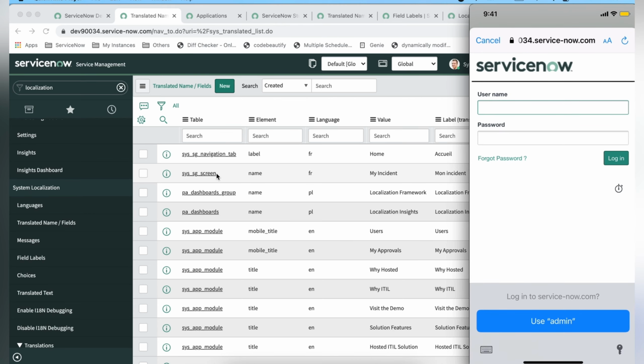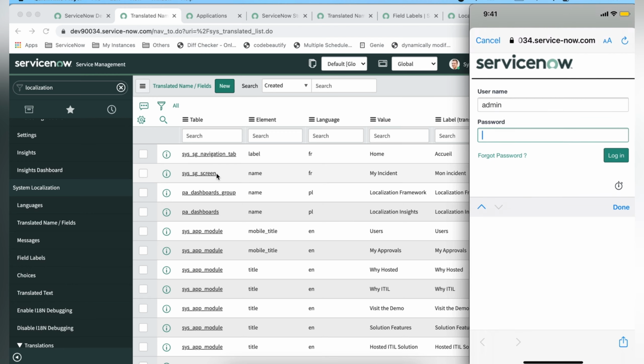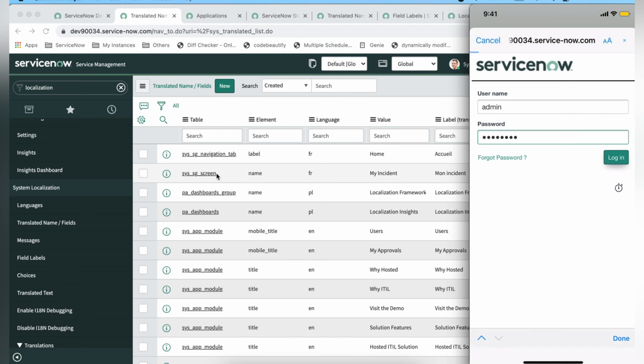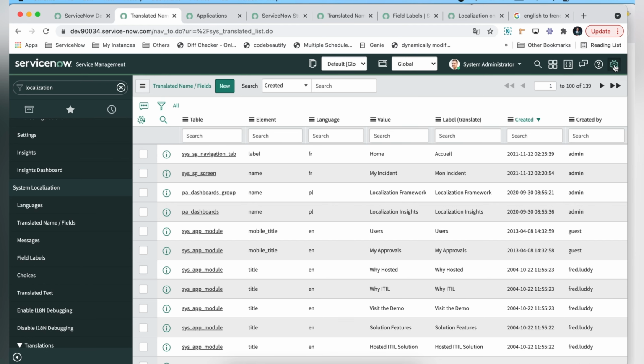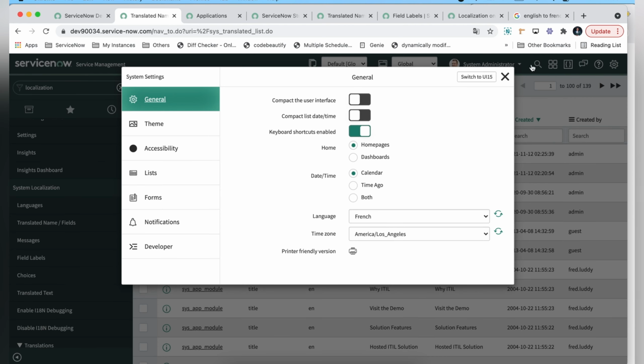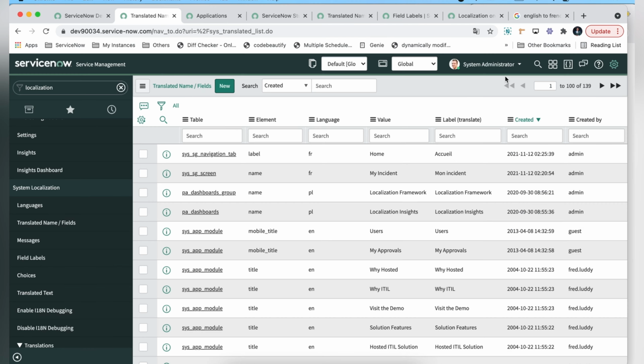So let's log in. Also make sure, by the time it's getting loaded, that our preferred language is the target language, which is French. So it is correct.